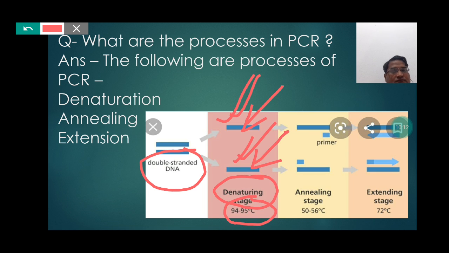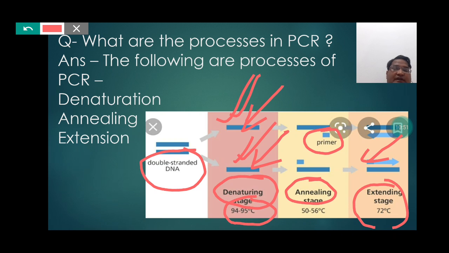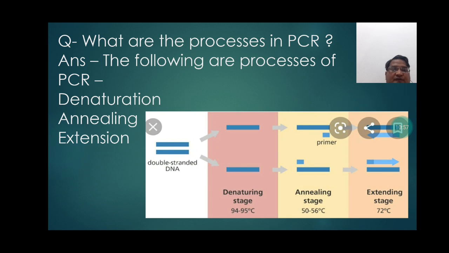Students, thereafter, the second step is the annealing, where the temperature of the DNA is lowered from 95 degrees centigrade to 50 to 55 degrees centigrade, where the two DNA strands are further incorporated with the primer, and finally the extension stage, which is done at 72 degrees centigrade, where the primer further gets incorporated and is further utilized to make a huge number of copies of a small piece of the DNA.